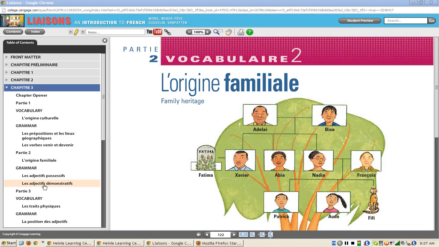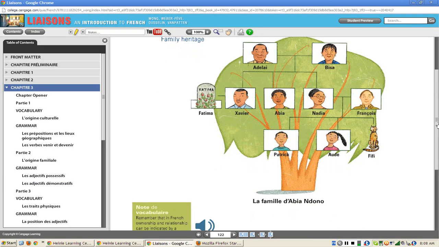Possessive adjectives are adjectives you use to express possession. That is, if you say my book, my is perceived as an adjective. It's taking the word book and changing how we look at it, as an adjective does with nouns, and it becomes mon livre, or my family, ma famille. Demonstrative adjectives also are ways of demonstrating, instead of saying the family or my family, a demonstrative is this family, cette famille. For the time being, though, let's just focus on the vocabulary of family, as well as another way